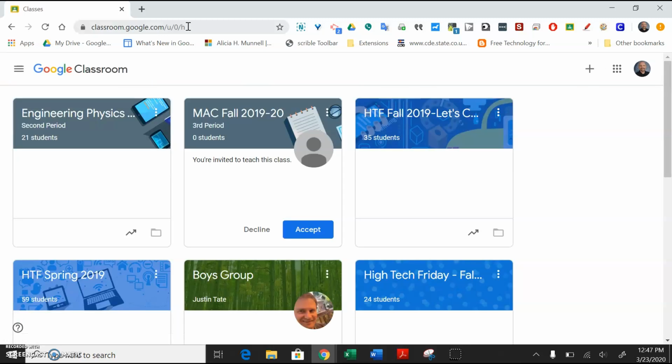Now I'm already logged in, so you can see my picture here. If you're not yet logged in, you'll need to log into your Google Drive. Make sure that you're using your school account, not your personal Gmail. And the first time you do this, you may have to select whether you're a teacher or student. Make sure that you select that you're a teacher. If you accidentally click on student, then you're probably going to have to call help desk and have them change